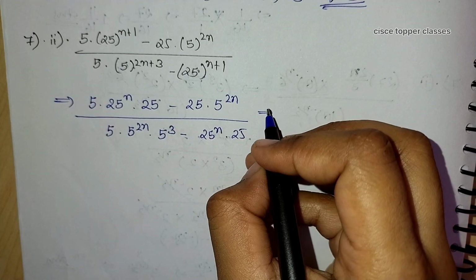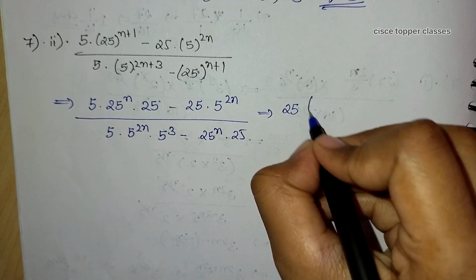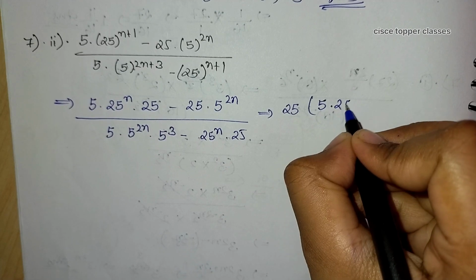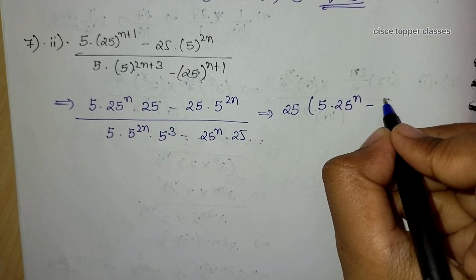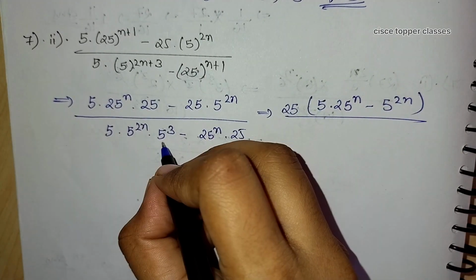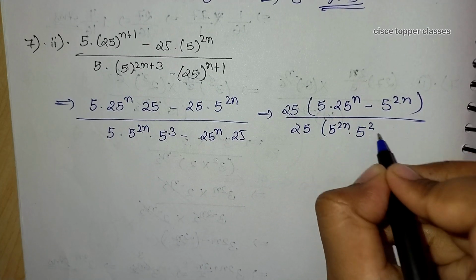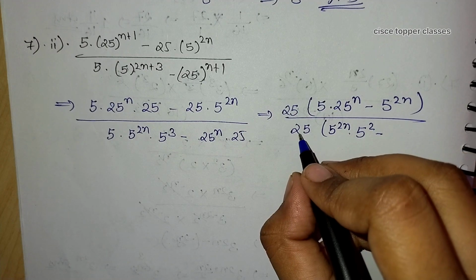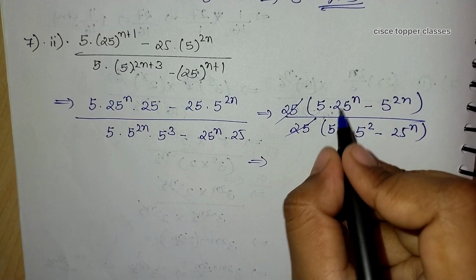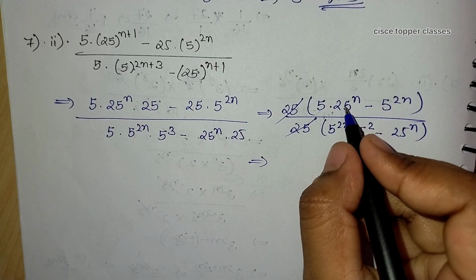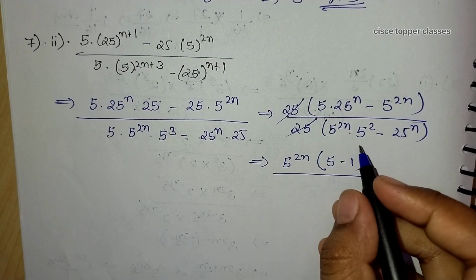Simply we can take here common as 5 to the power 2n or 25. So firstly we will take 25 as common, so it will be 5 into 25 to the power n minus 5 to the power 2n. Here also we can take common as 25, so it will be 5 to the power 2n dot 5 square minus 25 to the power n. Now we can simply cancel out here, and here it will be 5 to the power square, we can write it as 5 to the power 2n also as common, so it will be 5 minus 1, and here